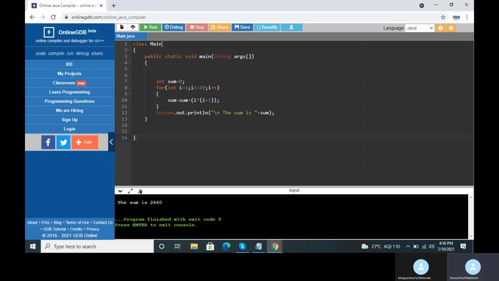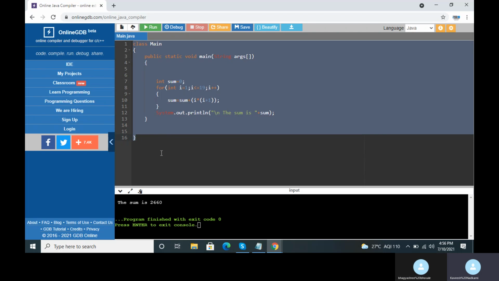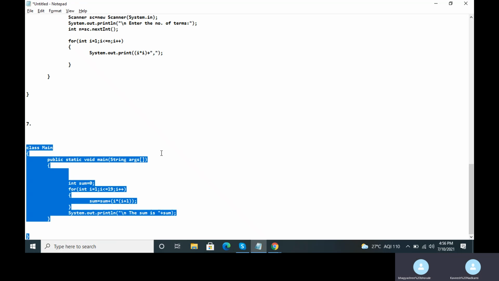So the programs based on series may or may not be nested loops. Correct. Okay, nested loops ones are the ones we did, like the pattern programs, the triangle program, and all those. Okay. Okay. So I hope this is clear here now. Yeah. This was the 7th program which we did.